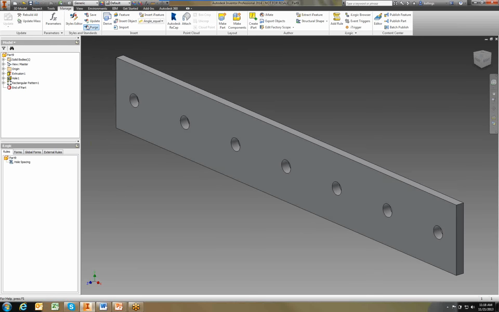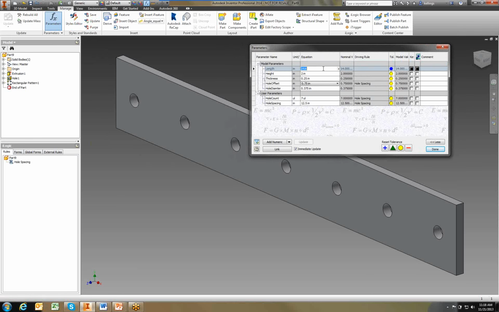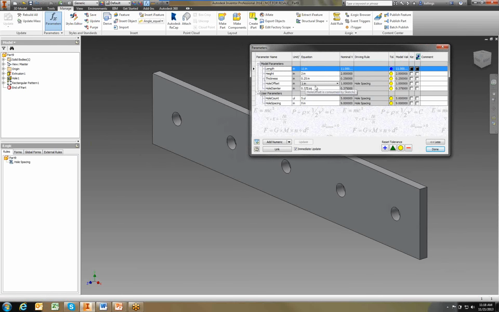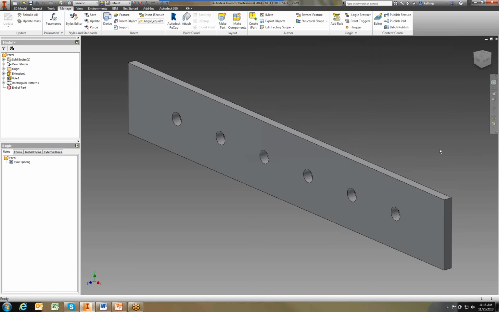So now if we come back up to that same parameters control we were doing earlier, we can see if I set this to be 11 inches, it automatically defaults my hole offset to be 1 inches. But if I change this to be 13, then I can come in here and choose different drop-down offsets from the edge. So we've got this part functioning pretty well, and there's just one more thing I might want to do to it. You can see it's still fairly easy to modify, but maybe I want to be able to